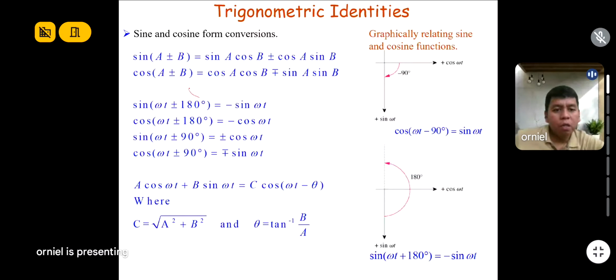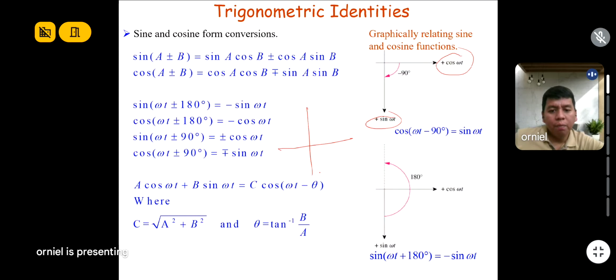Okay? If you want to memorize this one, you can do this actually if you want. But I suggest you do it just like this. Just take note of where the positive sign is and where the negative cosine is. So for example like this, if you have a negative sign.